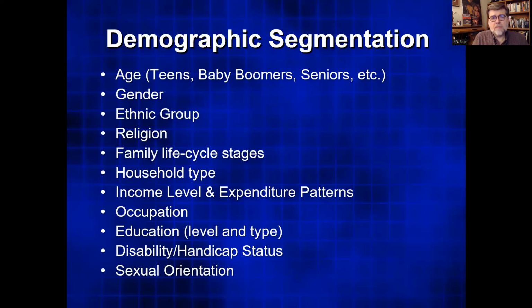Demographic segmentation is probably the most commonly used type of segmentation, mainly because it's the easiest. You or I could look at a person and actually check off some of the boxes here. We could probably judge their approximate age, certainly their gender, maybe their ethnic group. And then if we simply ask a few questions, we can probably answer all of these fairly easily. So demographic segmentation is quite commonly used, although not exclusively, which of course brings us to the next group, behavioral